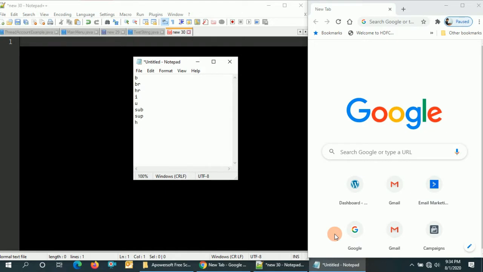H, and P, and center, small, big, DEL, S. So these are the tags which we will learn today. B is for bold and BR for break line, H for horizontal line, or you can say horizontal row,